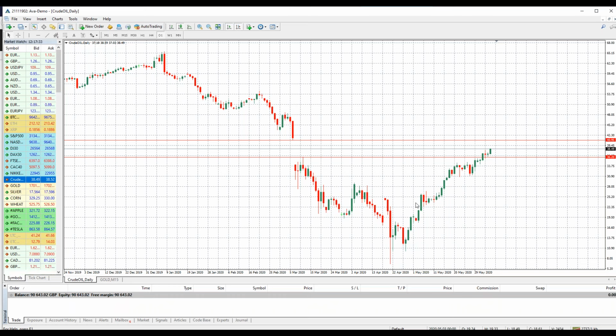And even if you got in late, we said keep an eye on this wick. If it breaks above that wick, this red line would have been your entry point on a buy stop. That would have been at about 36.2, and we're at 38.5 now. So it went up over $2 per barrel. In a one lot position, if you've got enough in the account, that's a couple thousand dollars profit, just like that, on one little move, one little pending order that we all felt was likely to happen if it was triggered. If you had a buy stop there, it would have been triggered, and you'd be up a couple dollars a barrel easy.